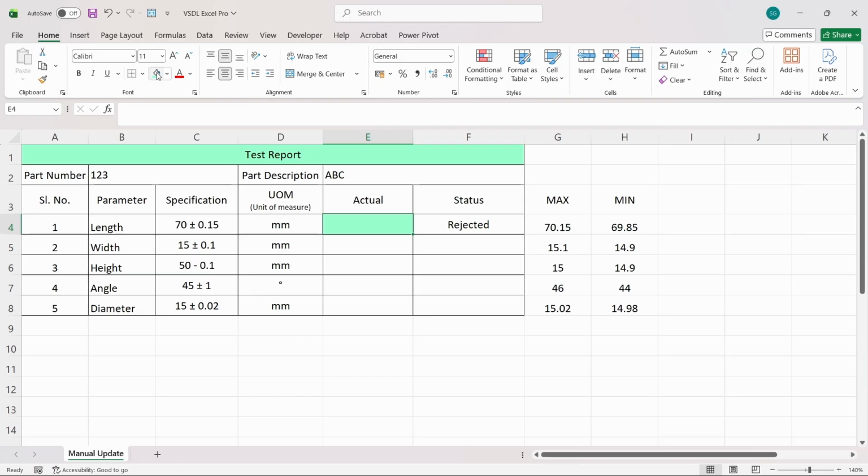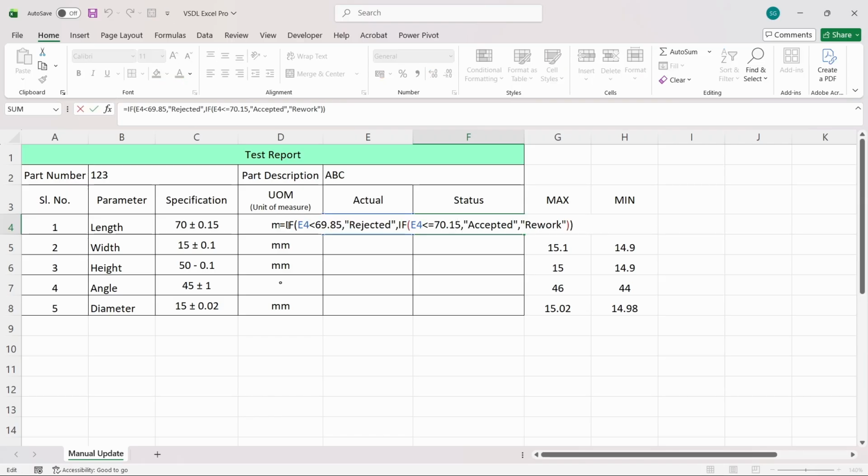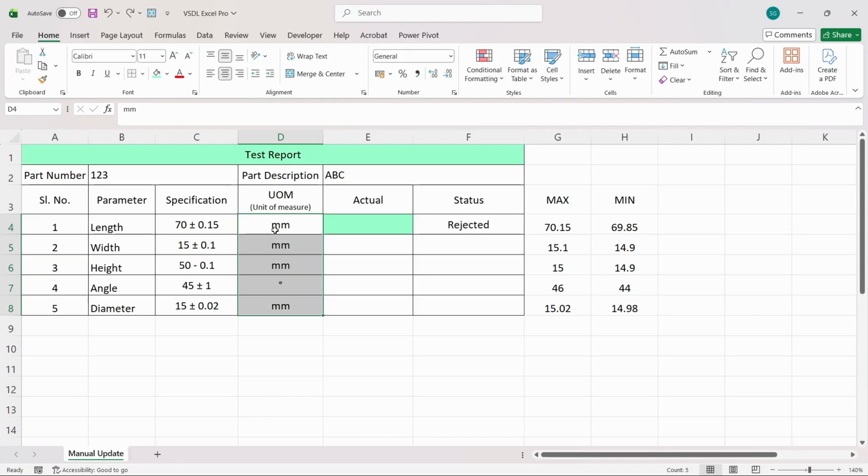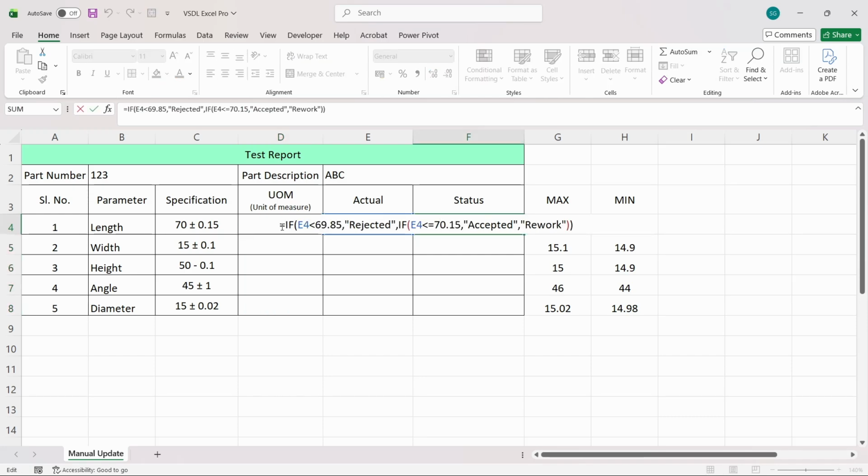When there is no data in E4, it should be empty in the F4. So how can we make that? I'm opening the formula. Before the formula, again I'm entering the equal symbol. The text in the D is disturbing and confusing, so for the time being I'm deleting this, and opening the formula by double clicking on the F4. Again I'm typing equal,